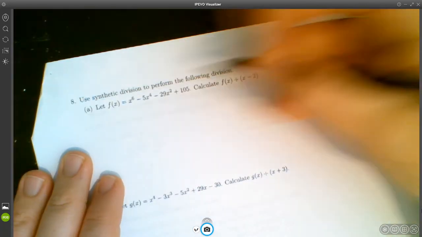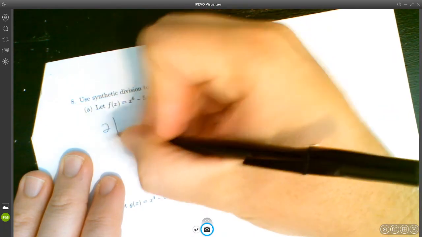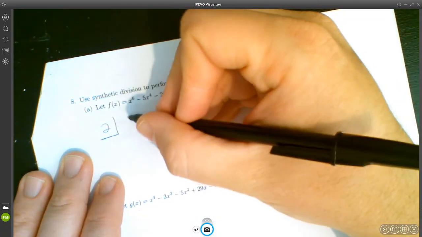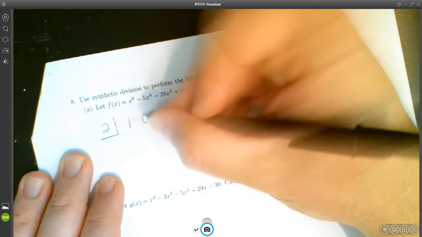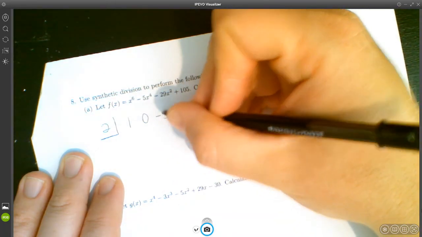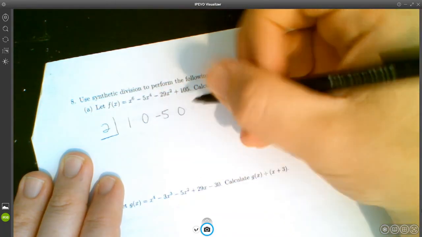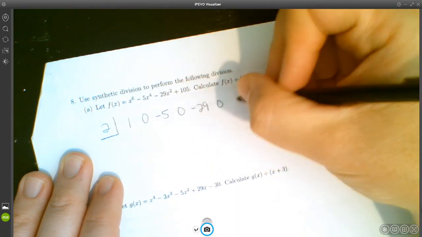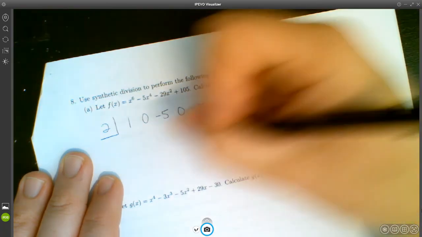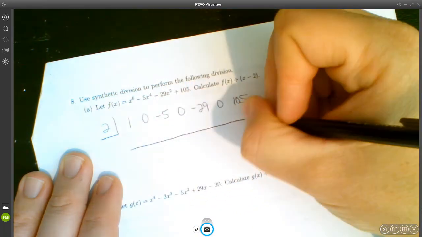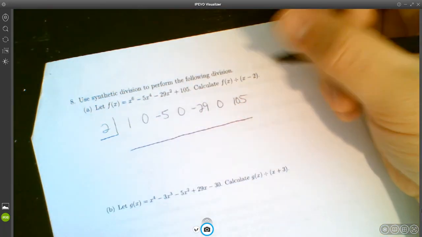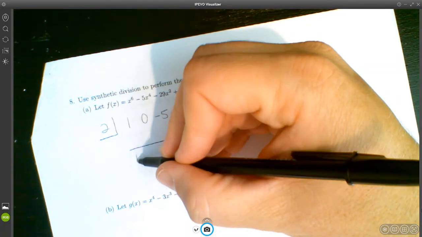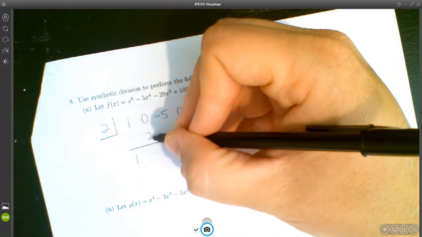So the 0 is 2. The coefficients are 1x to the 6th, 0x to the 5th, negative 5x to the 4th, 0x cubed, negative 29x squared, 0x, and 105. And now we drop this first number down, then we multiply, add,